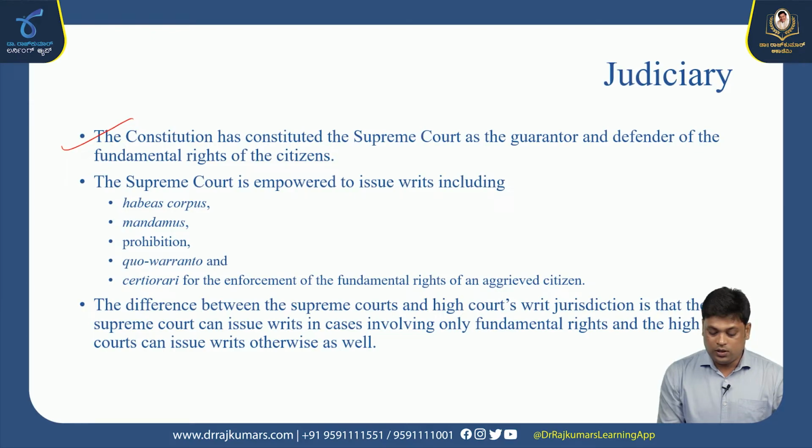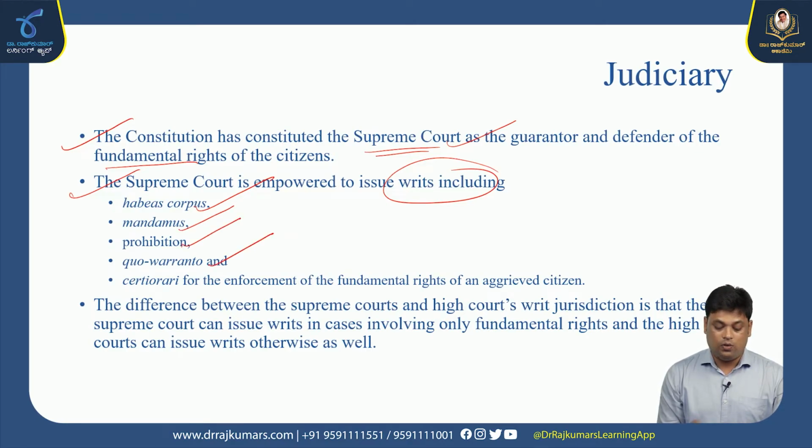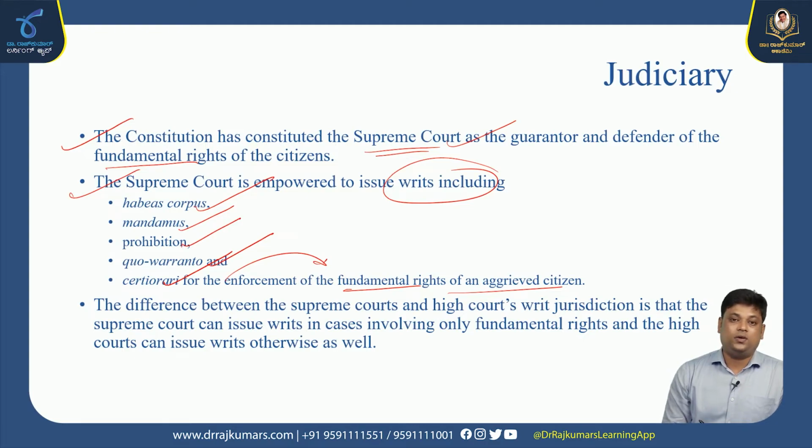The Constitution has constituted the Supreme Court as the guarantor and defender of the fundamental rights of citizens, which is known as writ jurisdiction. The Supreme Court is empowered to issue writs including habeas corpus, mandamus, prohibition, quo warranto, and certiorari for the enforcement of fundamental rights. If any aggrieved citizen does not get his fundamental rights properly addressed, he can approach the Supreme Court. So the Supreme Court can issue writ petitions based on all the 5